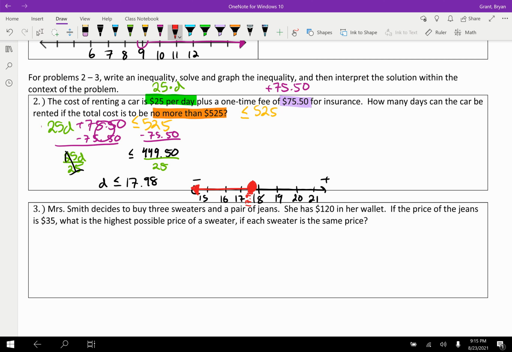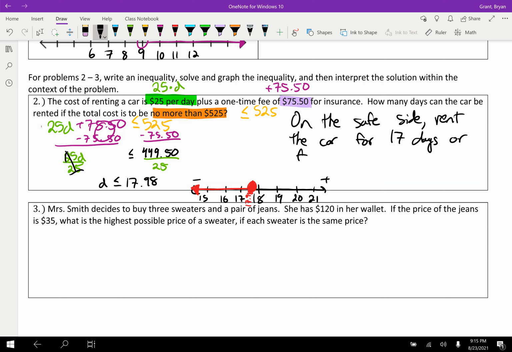So I think that's basically telling us we can't rent it for 18 days, right, or even 17.99 days. So I'm not sure how you want to interpret this. I would say probably on the safe side, rent the car for 17 days or fewer. We always use fewer with countable nouns, right? With 17 days or fewer,